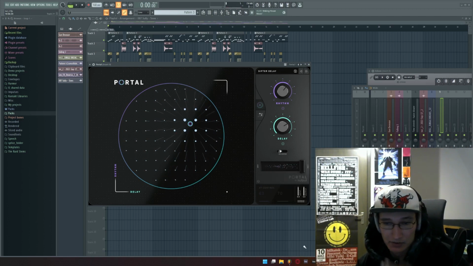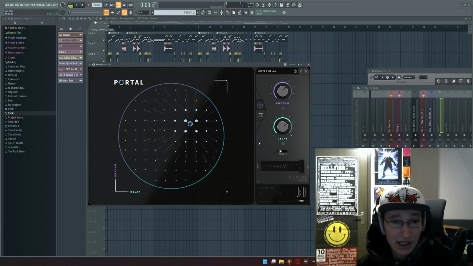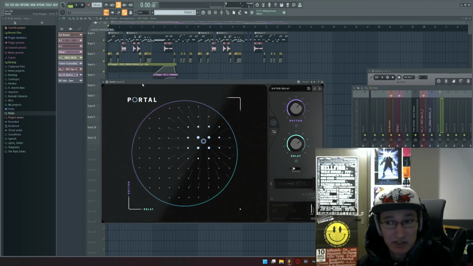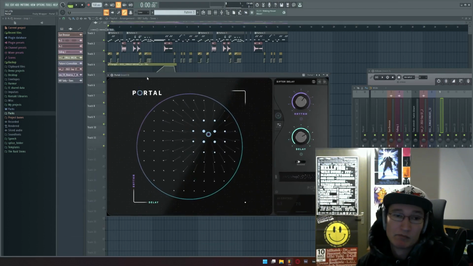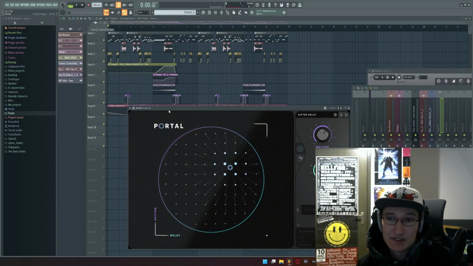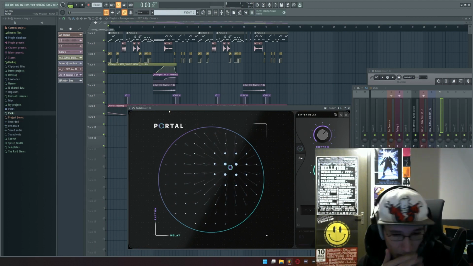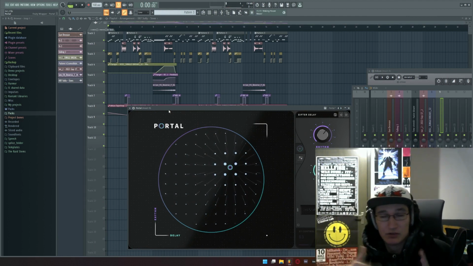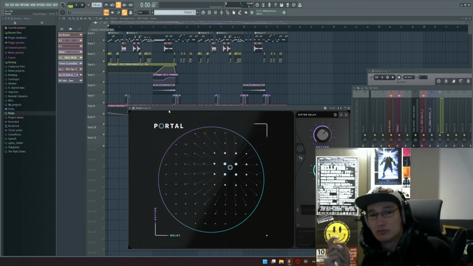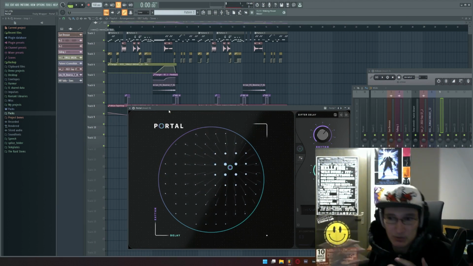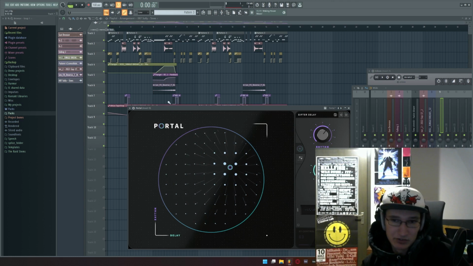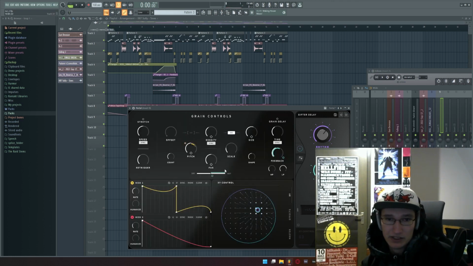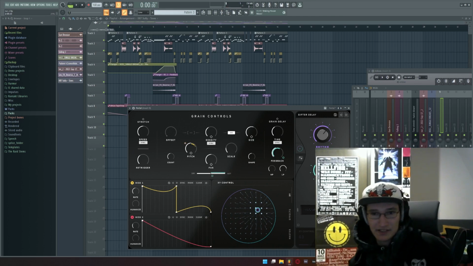I want to do an excursion into an effects VST that I really like, which is Portal. And with Portal you can get really nice sounds. Portal, I think, works best if you use a sequence where you've already done edits with pitching up and pitching down, because then you have a lot of material to work with. Portal is basically a granular effects thing with grain stuff, like pitch. You can randomize everything, and there's grain delay as well, stretching stuff, and